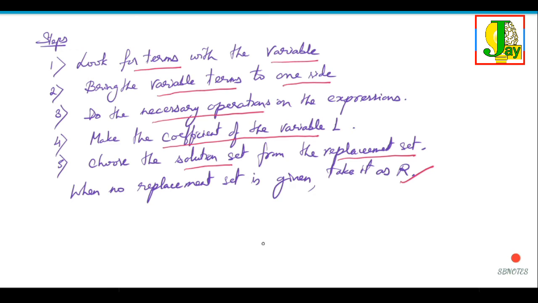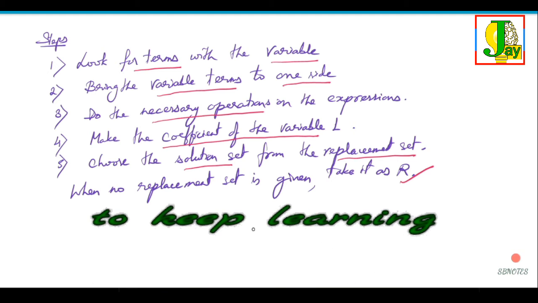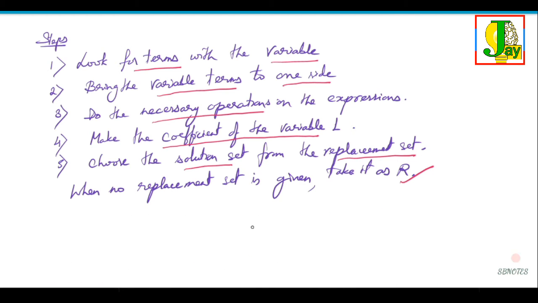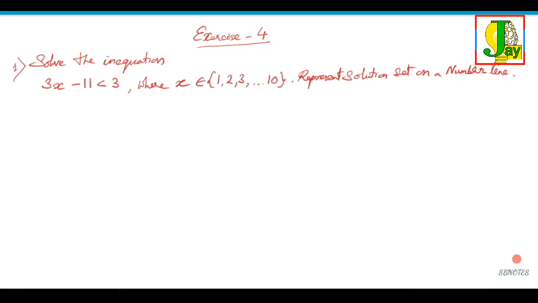Okay, now that we have understood what is linear equation and how to solve it, let's see some sums. If you see the question, there is this inequation part with this inequality symbol, and this is the replacement set. Okay, so x belongs to this, so replacement set is given and you have to represent the solution set on a number line. So first we have to solve, and then we have to choose the solution set, and then we have to represent the solution set on a number line. Okay, so solution for this,